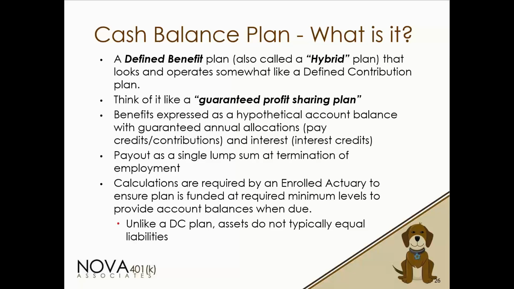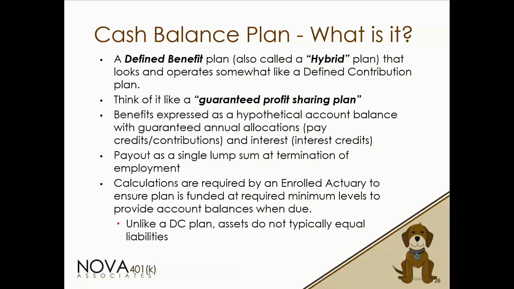One way that we encourage people to think about it is as a guaranteed profit sharing plan. It's a guaranteed benefit that you will get at some time in the future. That future can be when you quit employment, so you can take your payout as a lump sum when you leave the company and roll it into an IRA. While you're earning the benefits in the plan, they're all a hypothetical account balance. You can turn that hypothetical into a real account balance when you leave, or when you terminate the plan, and you can roll that into your qualified DC plan,